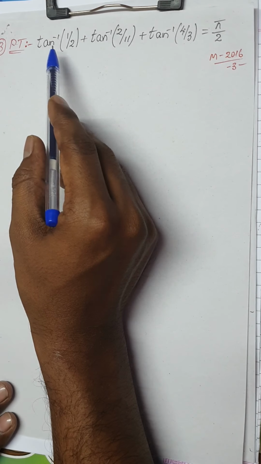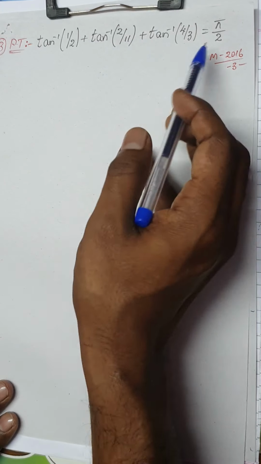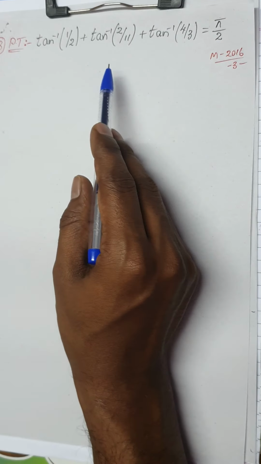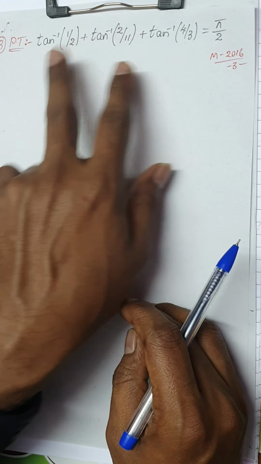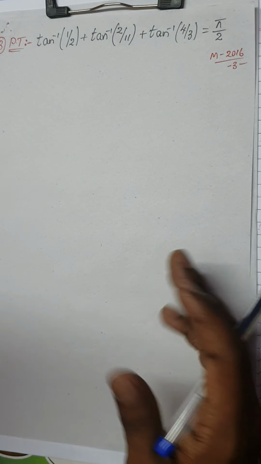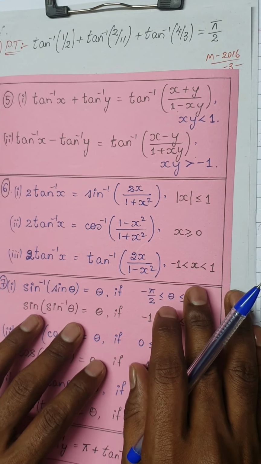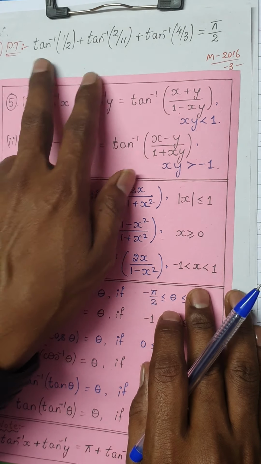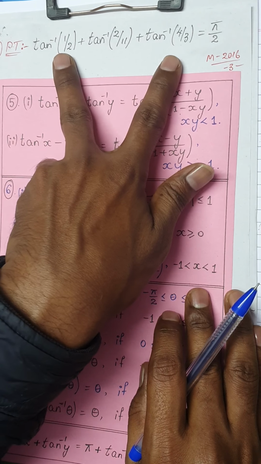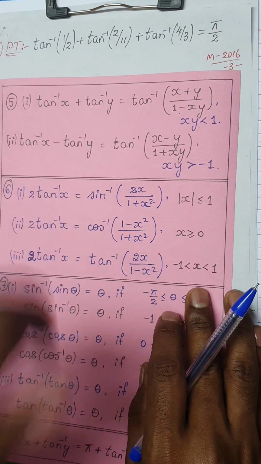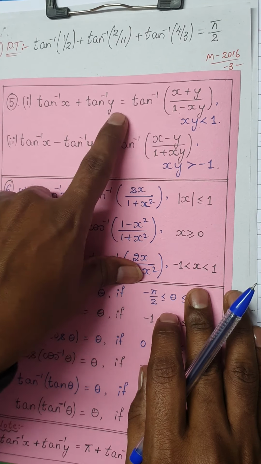Now I cannot use the formula for tan inverse of x plus tan inverse of y plus tan inverse of z together. What you can do is use any two functions together and consider the formula for tan inverse of x plus tan inverse of y. For simplification, it's up to you whether you use the first two functions, the last two functions, or the first and the third function and keep the second as it is. Now I'm going to use the first two functions for this property.